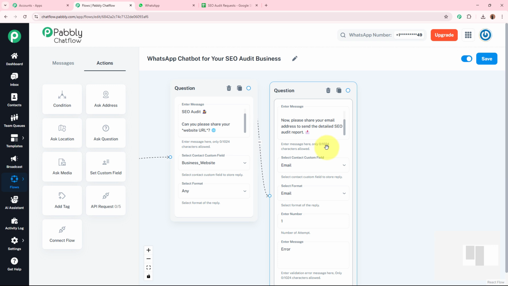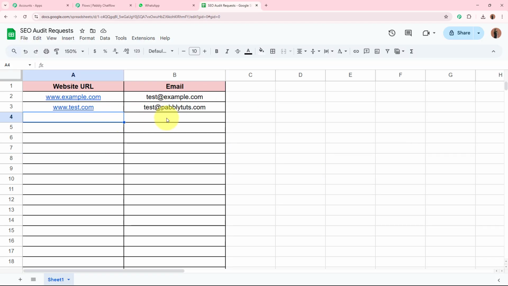Now here my objective is what? To add the data of these 2 questions in my Google Sheets as the bot collects the data, so that as soon as a new URL and an email address is added in my Google Sheets, my team can quickly create the free SEO audit report. Okay. So now for adding the data of the website and email address in my Google Sheets, we are going